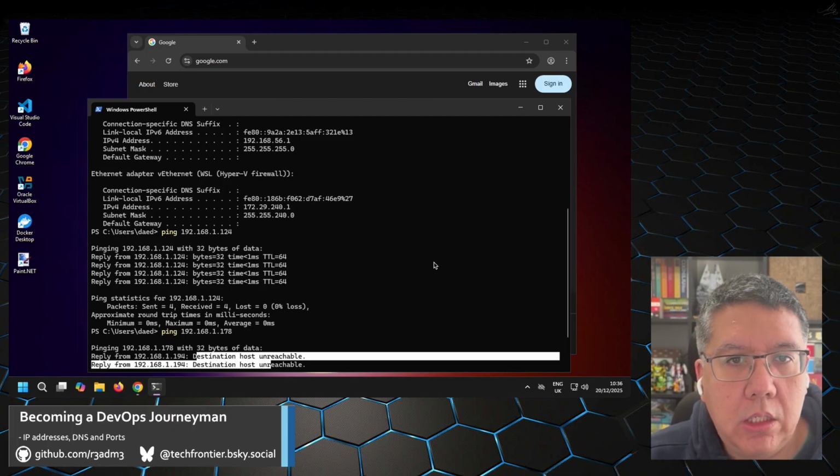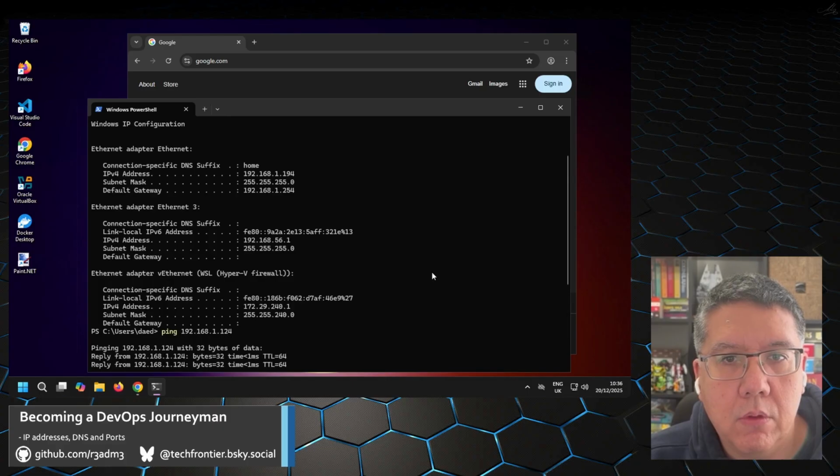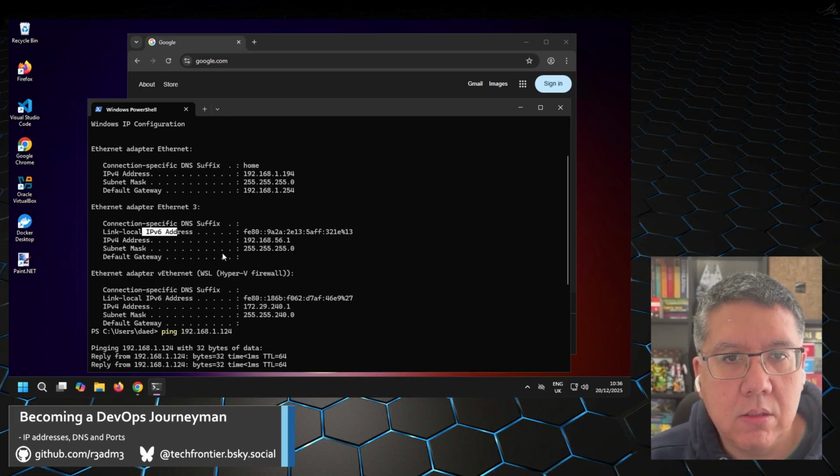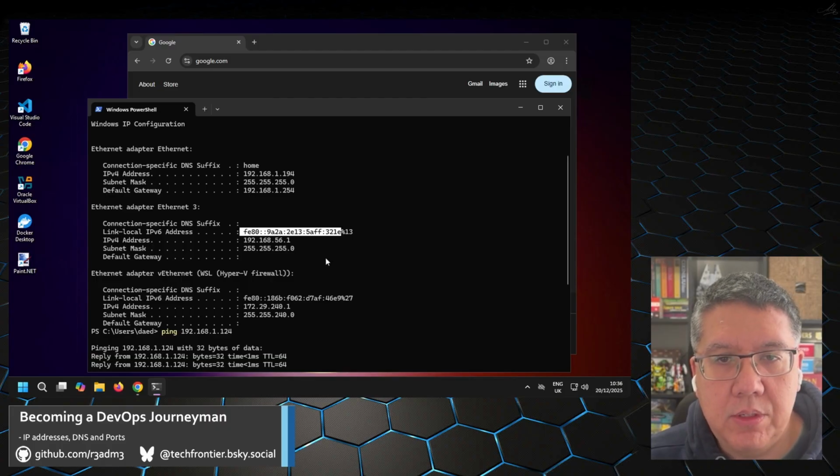So if we go back to that ipconfig, you can see here that you've got this thing. So we mentioned IP version 6 versus version 4. Now, we're not going to go into too much detail, but I just want you to know that they exist. IPv6 addresses have this format, which is numbers in hexadecimal. So these are all hexadecimal numbers split by colons. And